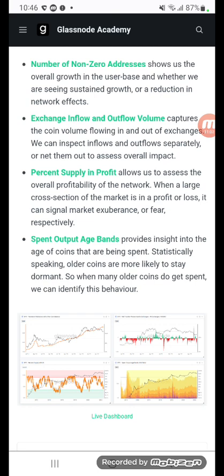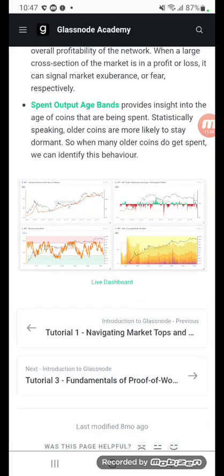When a large cross section of the market is in profit or loss, it can signal market exuberance or fear, respectively. Spent output age bands provide insight into the age of coins that are being spent. Statistically speaking, older coins are more likely to stay dormant, and when many of them do get spent, we can identify this behavior